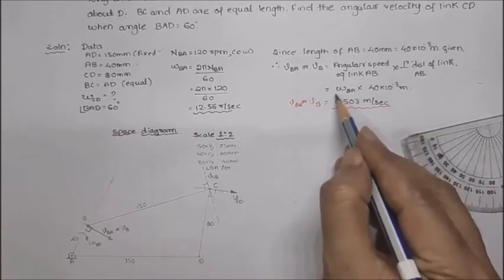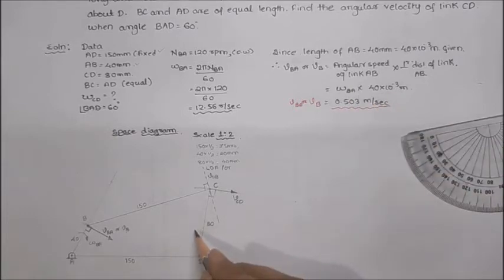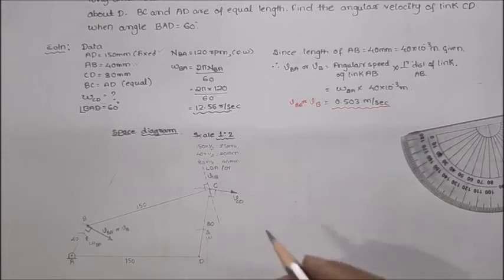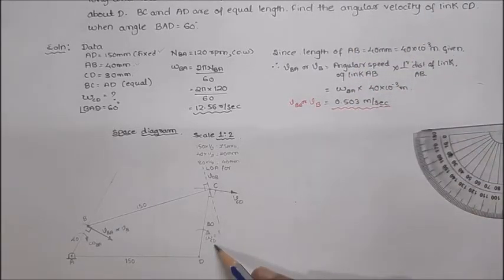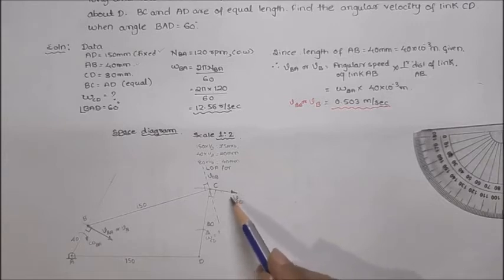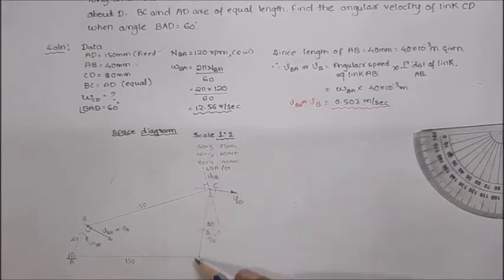Now the data for velocity of B we have already got. How did we get it? We got it from omega BA. But omega of CD is unknown. That should be known, if that is only what he has told you to find out. Omega CD has to be known. How to know it? We should know the velocity of CD. If we know velocity of CD, then with the perpendicular distance CD we are going to get that.